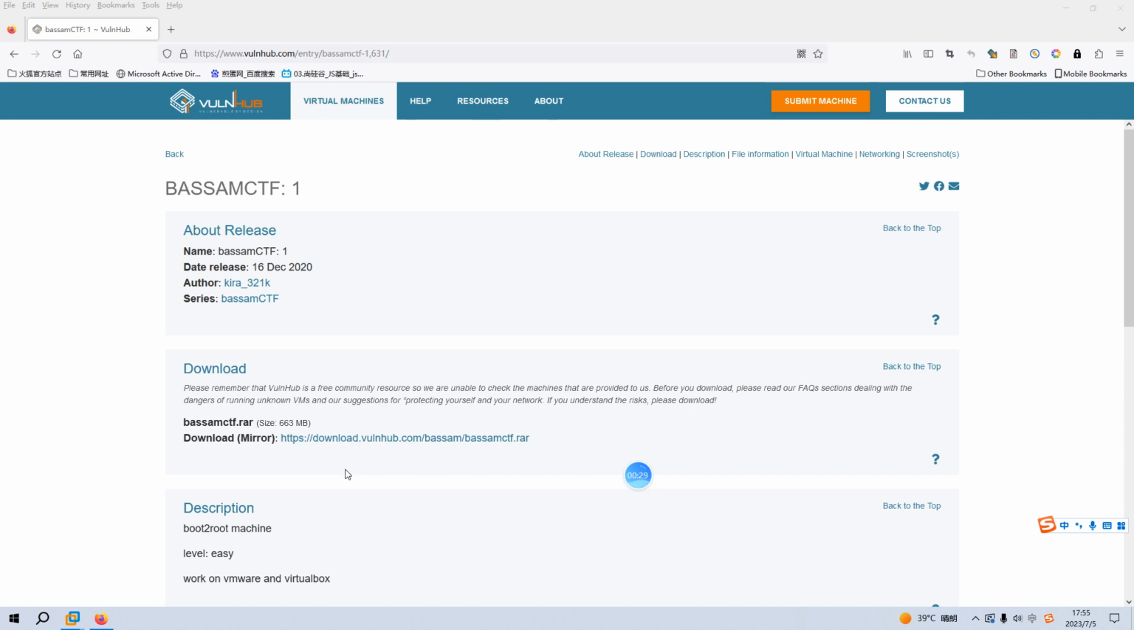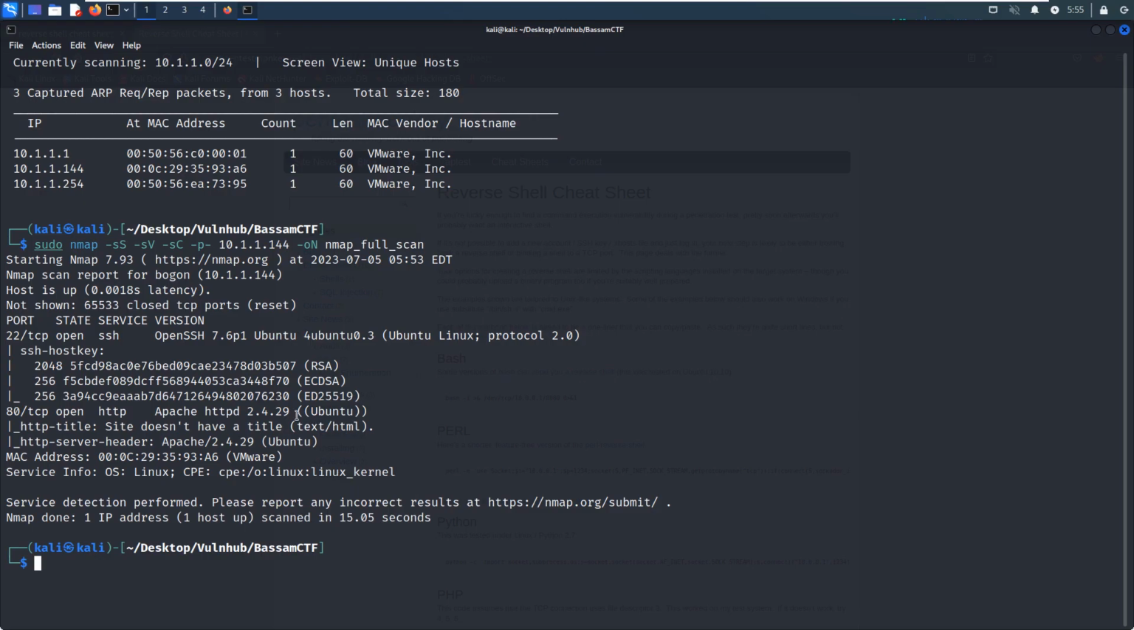So now, let's just get started. To save time, I have already imported this virtual machine into the VMware workstation. So now we have already gone into the Kali Linux. As you can see over here, I have already identified the IP address of the virtual machine or target as